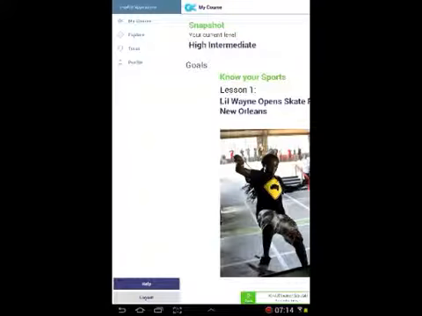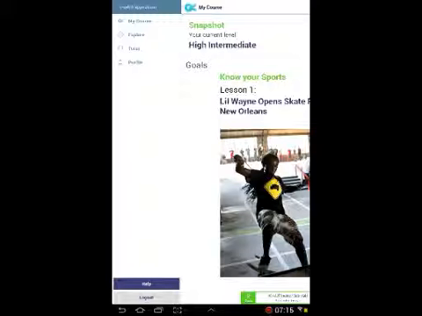Hi there, this is a review of an app called Voxy, which I think is available on both iOS and Android. This is the Android version I'm reviewing, and it links in with a website, which is very popular as well. You sign up on the website and enter some details. You're supposed to get some sort of one month free trial, certainly on the website. I'm not sure if that applies to the mobile app as well.